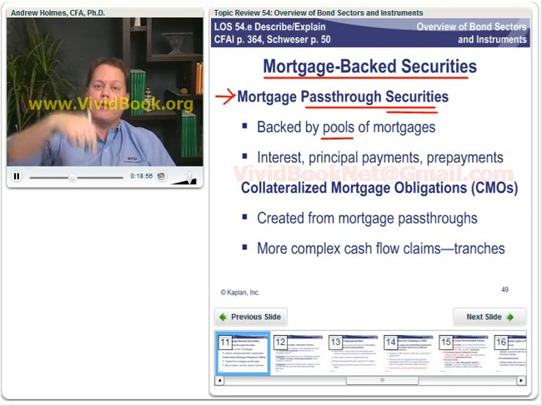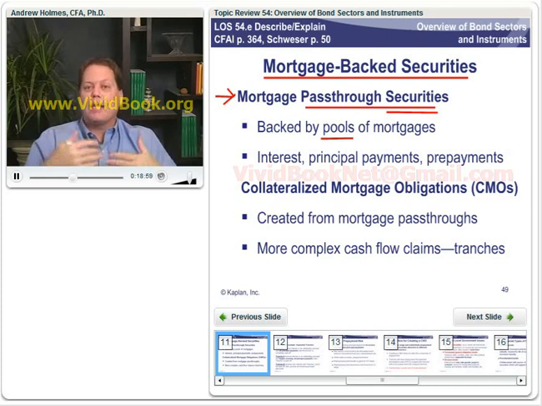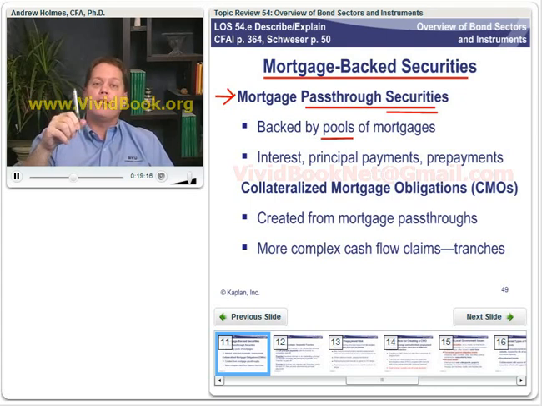So if interest rates go down, then people refinance and I get a lot of my money back. If interest rates go up, then they actually slow down their principal prepayments. Why is that? You've never heard anybody say, hey, hun, interest rates are up, let's build the new house. Which would require selling the old one, right, and paying off the old mortgage. So when interest rates go up, prepayments of principal slow down. When interest rates go down because of refinancing, prepayment of principal goes up. That means there's lots of uncertainty, not in the volume of payments that you're going to receive, but in the timing of those payments.